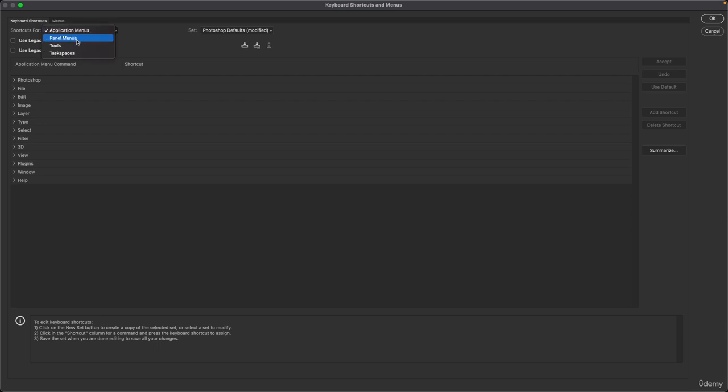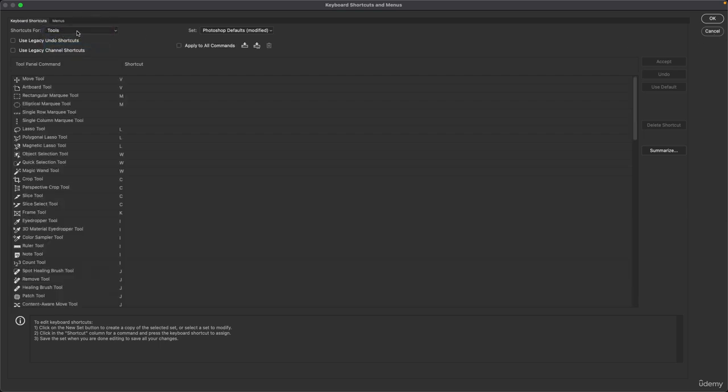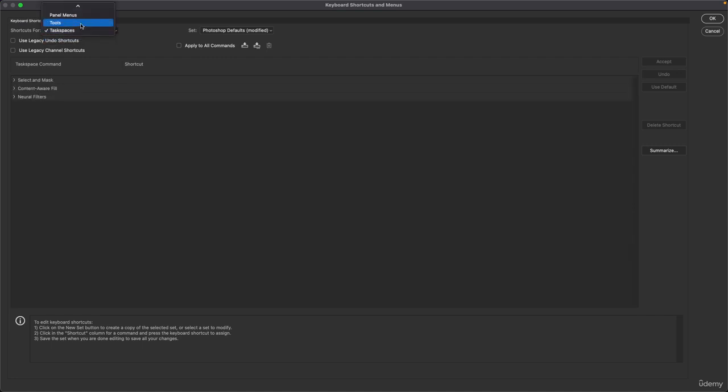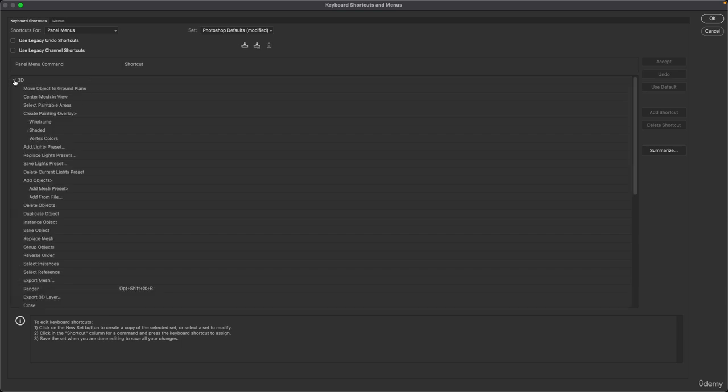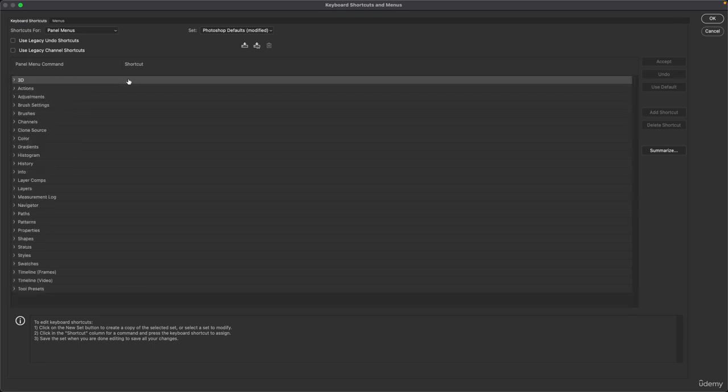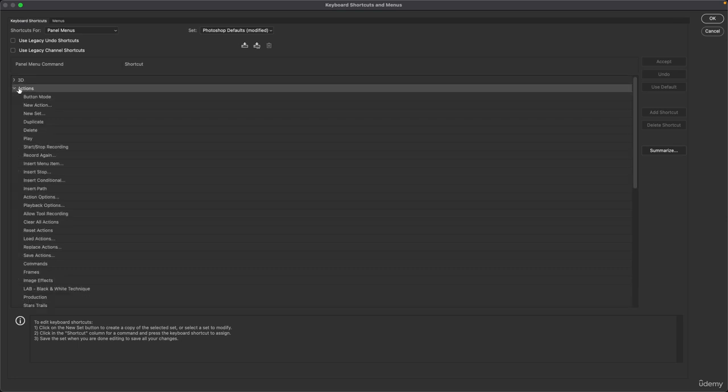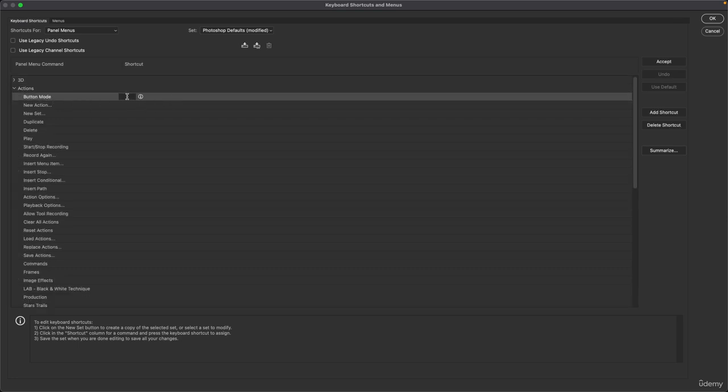And you can also do tools, you can do task spaces, and you can do panel menus. So I can grab the 3D panel, okay, and the Actions panel. I can set a keyboard shortcut for a panel